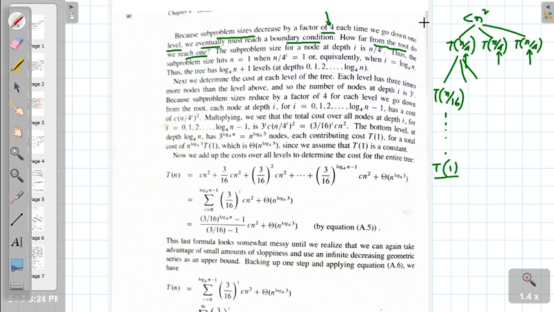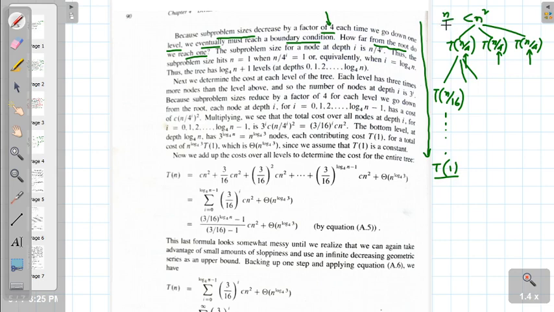How far down the levels do we have to go to reach this 1? As the subproblem size is decremented by a factor of 4,